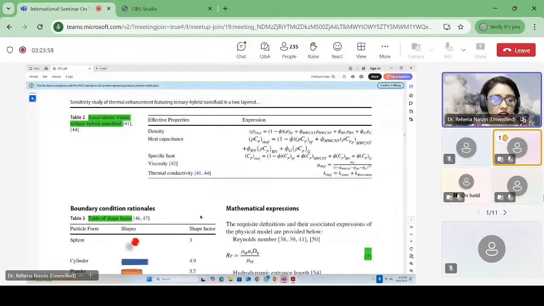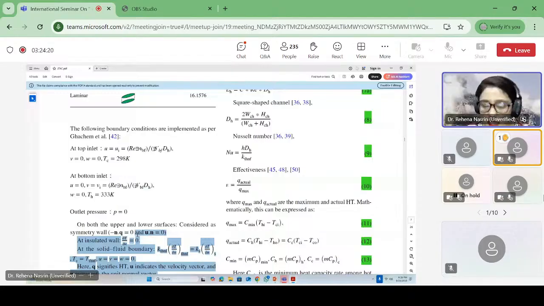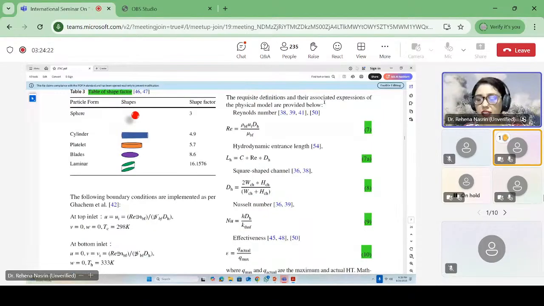And this is the shape factor here. We consider spherical shape, platelet shape, and laminar shape nanoparticles. And these are the boundary conditions. And also there are some necessary equations which are very important to calculate many things of the heat exchanger efficiency, like Reynolds number, this is hydraulic